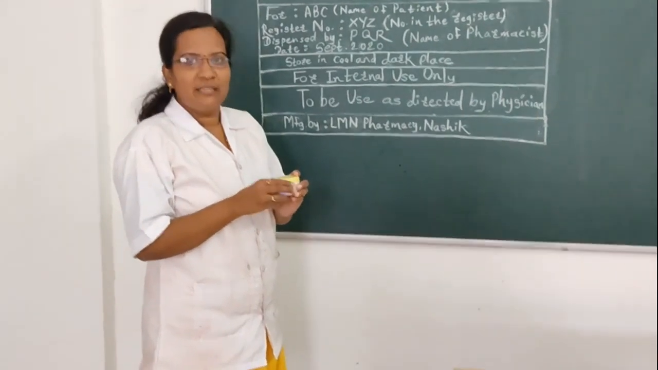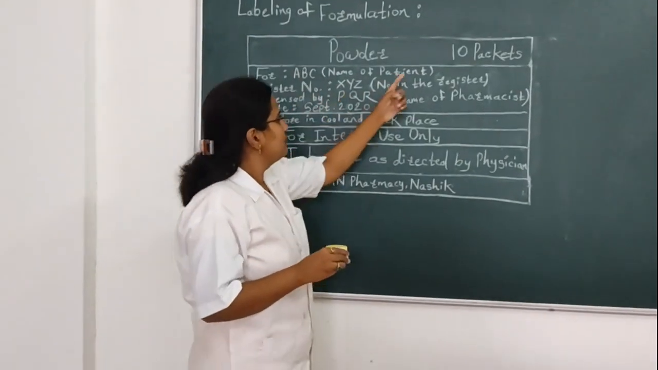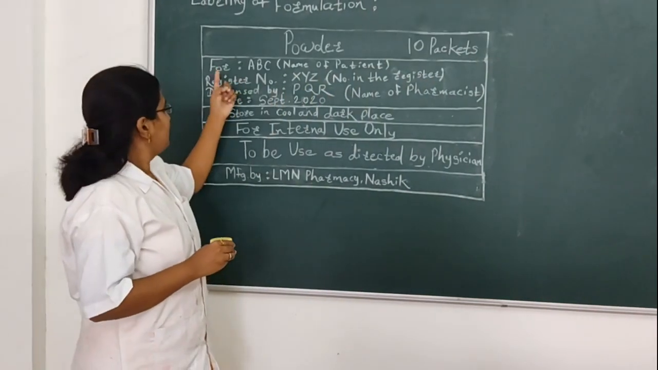So we will move towards labeling of the formulation. Powder containing 10 packets. For ABC means